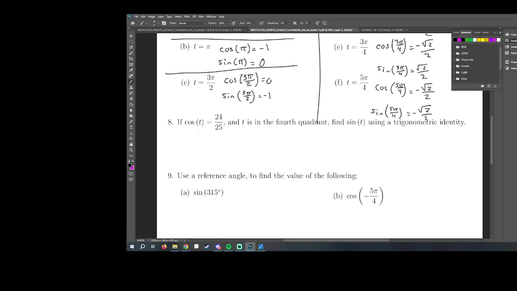All right, now here's a fun one. If cosine of t is 24/25 and t is in the fourth quadrant, find sine of t using a trigonometric identity. So this means I've got to teach you some trigonometric identities. Our trigonometric identities that we're going to learn for today are